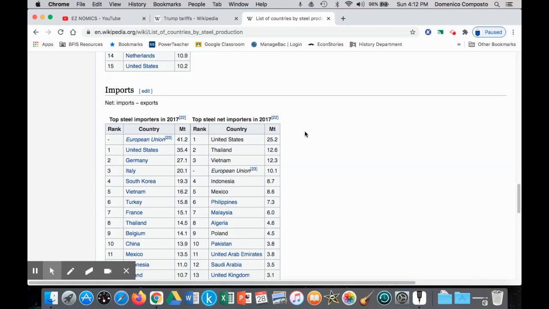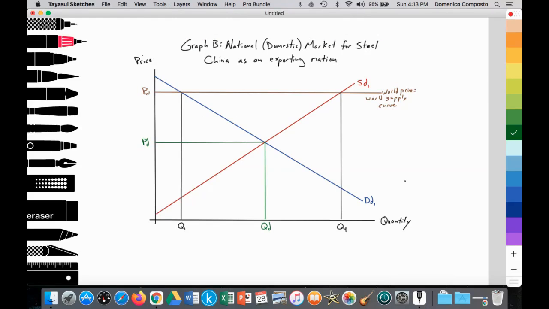And so we saw in the previous video the impact of the United States imposing a tariff to reduce imports of steel into their domestic economy. But let's see what that impact would be on China. And again, even though we're using China as the exporting nation, when China would then impose their tariffs against the United States, it would be the same situation for both countries, the other way around.